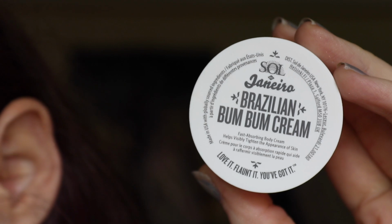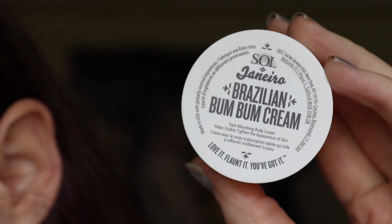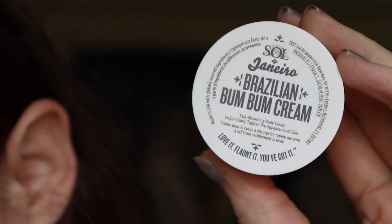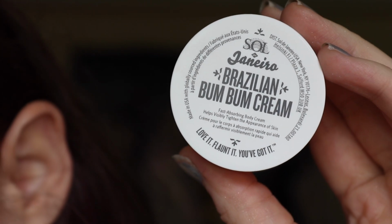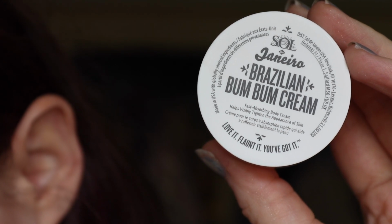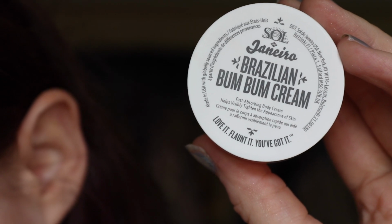No. So this is the travel size and it's worth £11. The formula of this trending body cream is enriched with guarana extract, cupuaçu butter, acai oil, and coconut oil to deeply hydrate and nourish the skin. Elevate your body care routine with the irresistible scent of iconic Cheirosa 62 fragrance: pistachio, salted caramel, and vanilla. The perfect holiday essential. You know what? I will not take this on holiday with me because